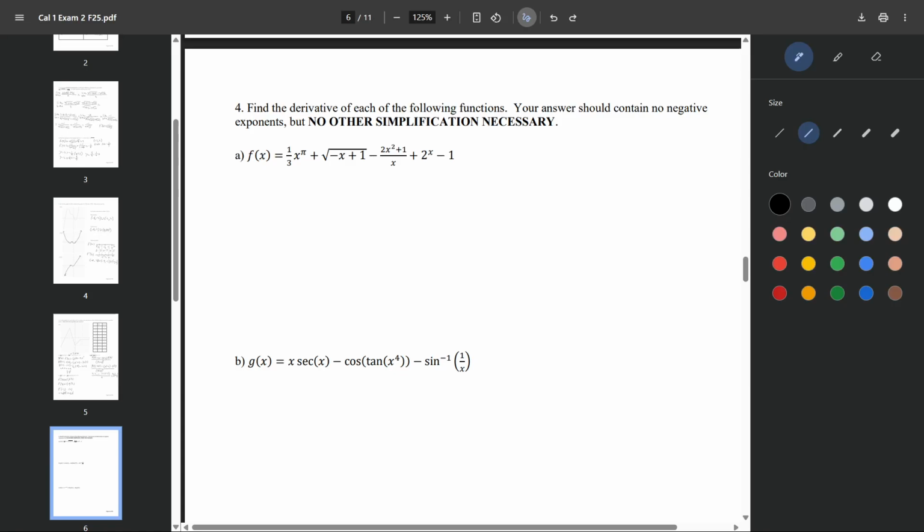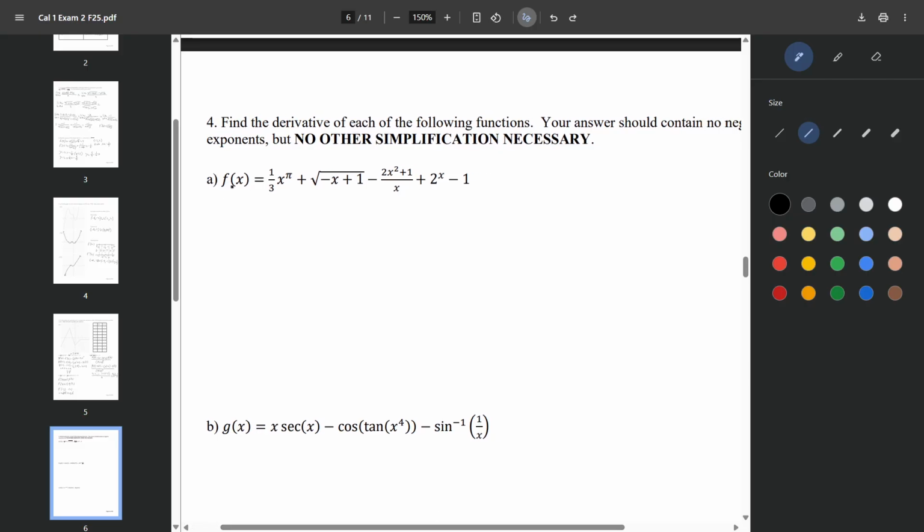Alright, this video is for exam 2, page 6, section 1, and we'll be starting. Find the derivative of each of the following functions. Your answer should contain no negative exponents, but no other simplification necessary. So right here we have,